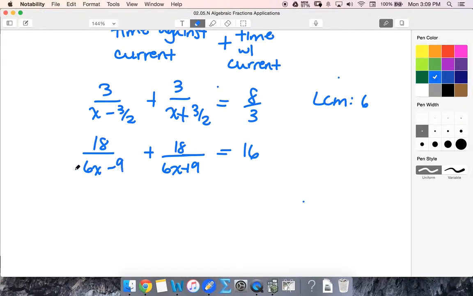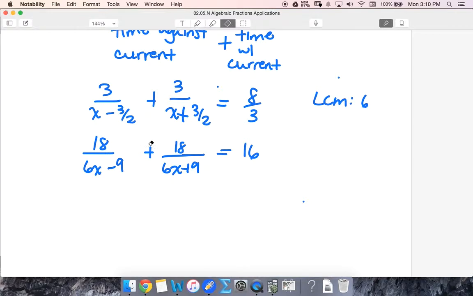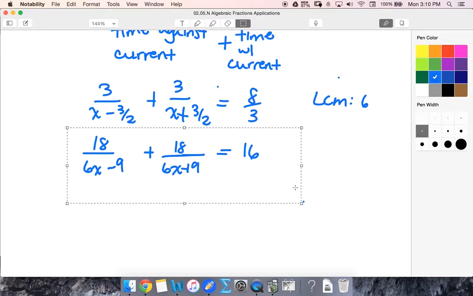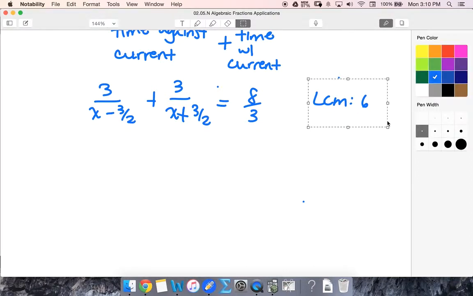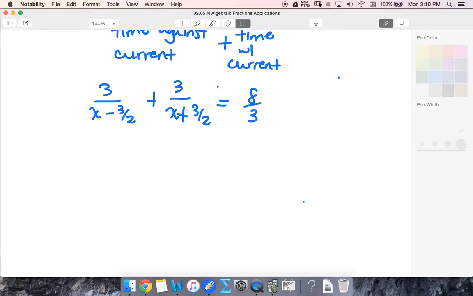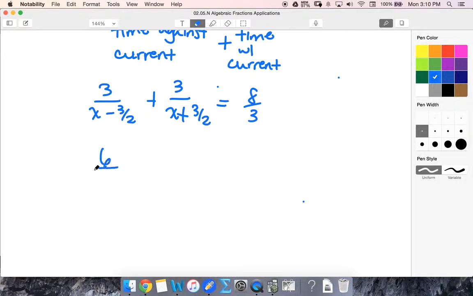Now, these I could, of course, simplify. I could factor out a 3 from each of those. So factoring out the 3, in which case, actually, I didn't need to do this least common multiple. I could have just simplified both sides. So, sorry, I'm going to go back and simplify both sides. So I'm not going to look at a least common multiple yet. I'm going to multiply top bottom by 3 on this side, top bottom by 2 on this side. It's a much smarter way to do it. So 6 over 2x minus 3, plus 6 over 2x plus 3 equals,